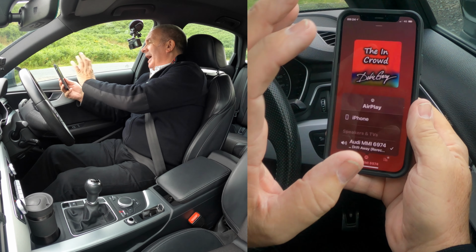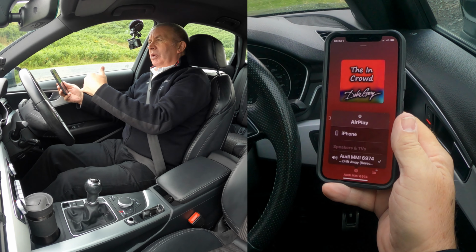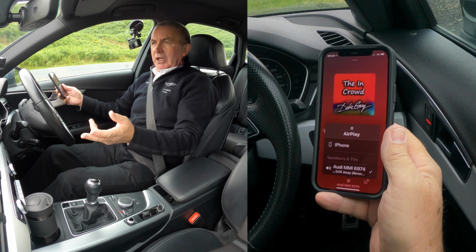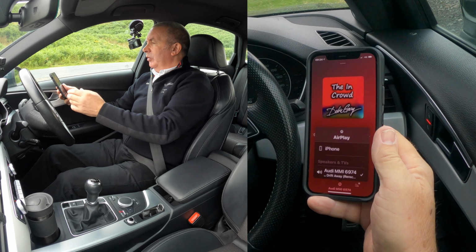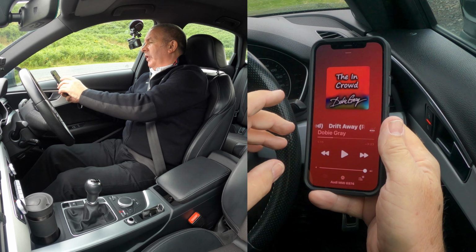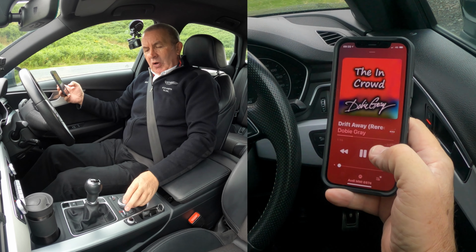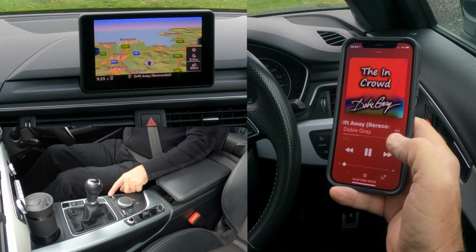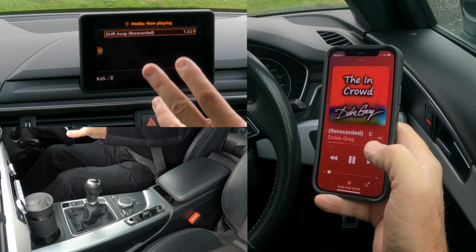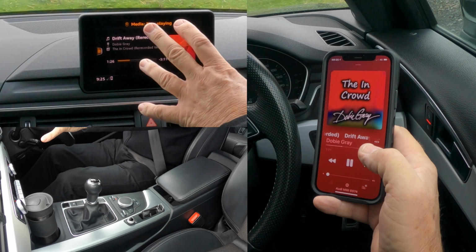Once the tick's there, any audio that plays through this on your mobile, whether it be Spotify, iTunes, Amazon Prime, the soundtrack of a YouTube video, will play through the audio system. So if I go back here, I'm going to turn it down, click play. Then we go over to the system, and you've got radio and media here. So if I click back media, you'll see there it's already playing, it's already connected on there because that's on